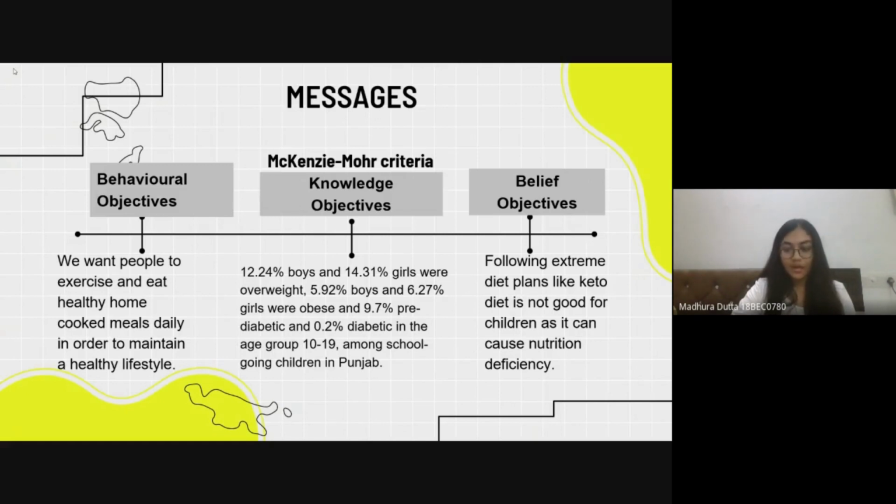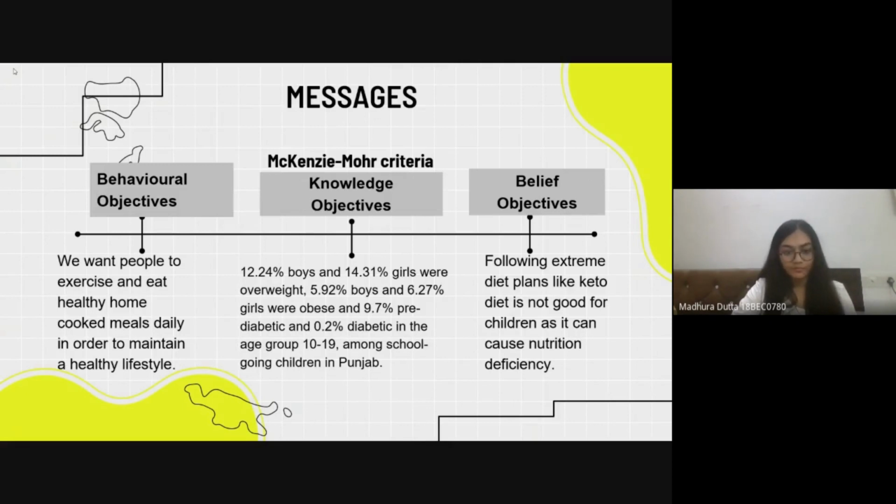cardiovascular diseases. Nearly 40% of people are suffering from obesity in Punjab, which is currently higher than any other Indian state. The information that you can see here is from a survey of school going children in Punjab that looks quite scary. For our belief objectives, we want our target audience to know that fads like low carb keto diet